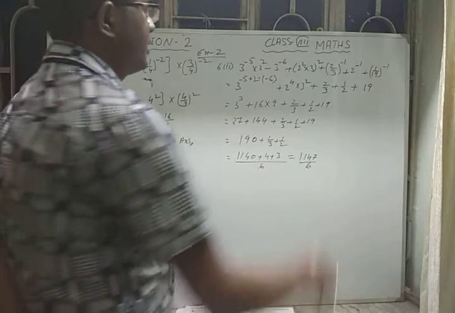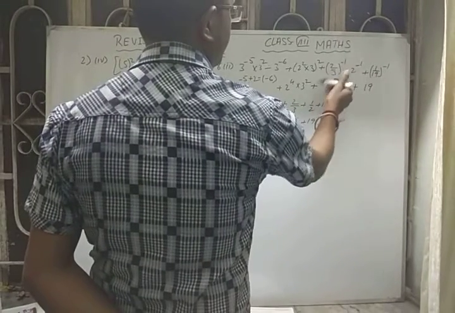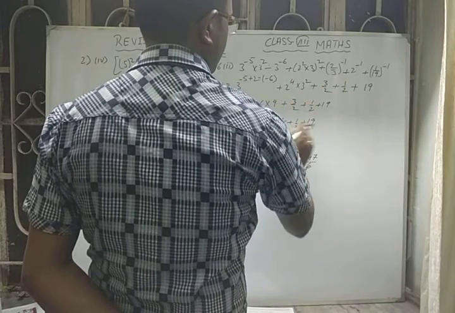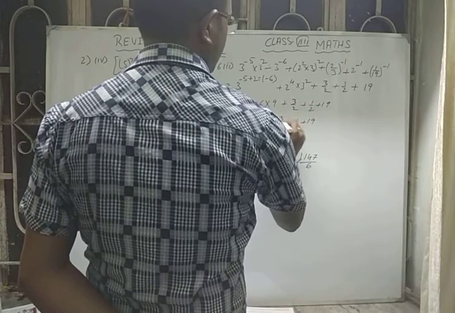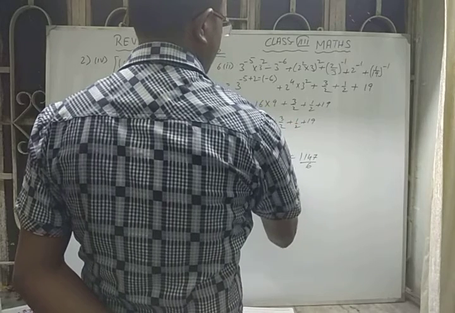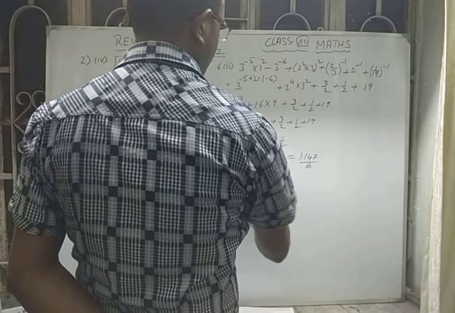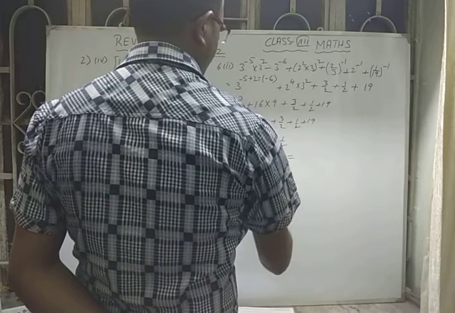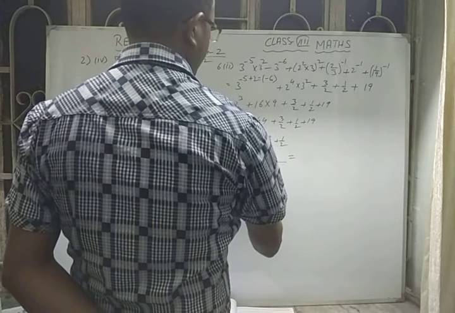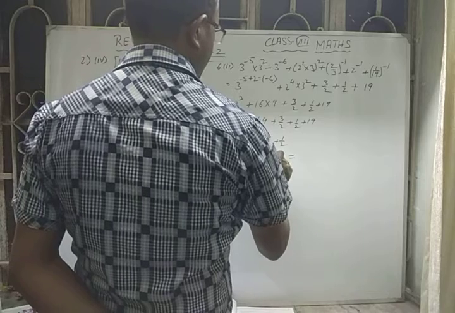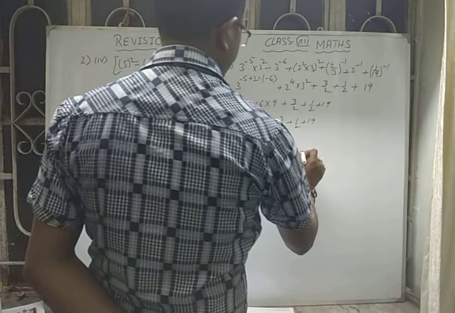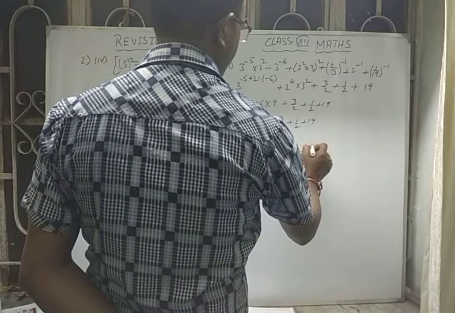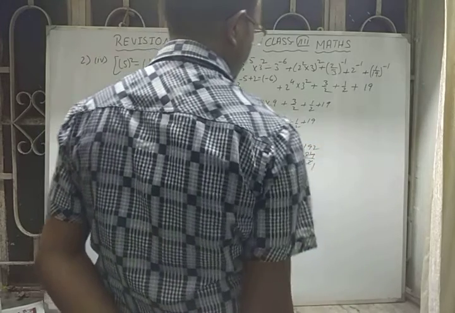No, I have made some mistake. So 2 by 3 will become 3 by 2. LCM will be 2 here. So it will be 380 plus 3 plus 1, so it will be 384 by 2. So cancel, 2 1s are 2, 2 9s are 18, 2 2s are 4.